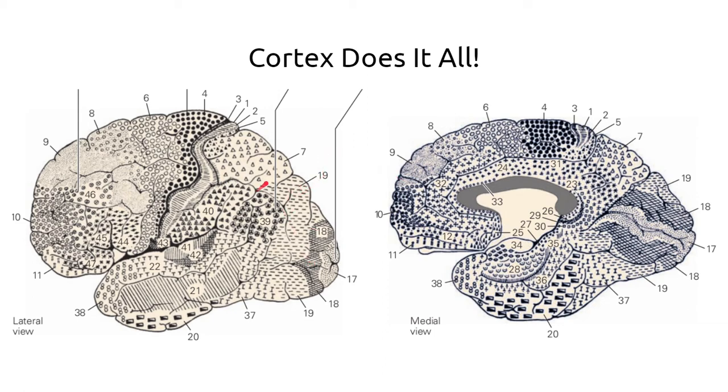What that's generally called is Brodmann's areas, after one of the people who initially did that work and cut it all up into parts. But again, this was all anatomical. It's just, well, there seems to be a slight difference between the neurons here and the neurons here. So I'm going to call this area 7 and call this area 19. Let's just give these things numbers because we have no idea what they do